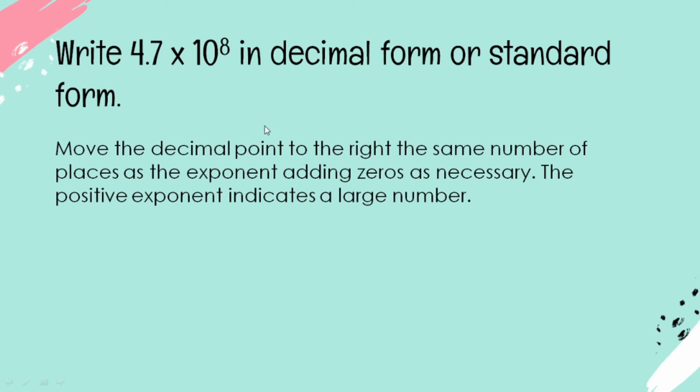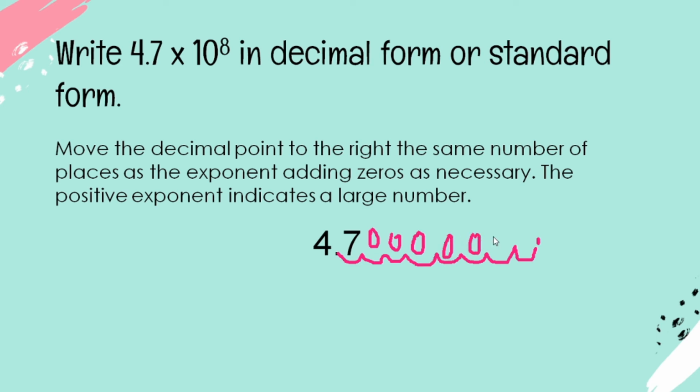So, given yung 4.7, kopyahin muna natin siya. Ito, i-move natin yung decimal point 8 times to the right since positive siya. So we have there 1, 2, 3, 4, 5, 6, 7, 8. And then, adding 0 as necessary. Andun na si decimal point. Tama, minove natin 8 times to the right. Since positive 8 siya, we need to add 0 dun sa mga spaces dun. So we have there,